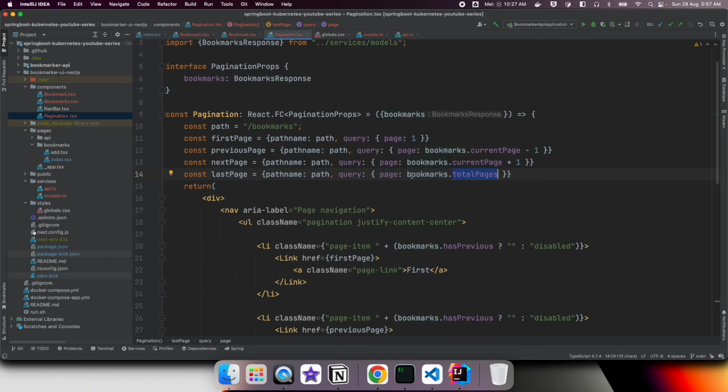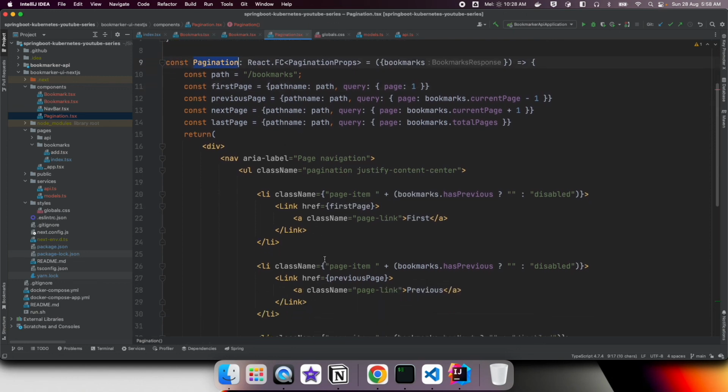So we are assigning page equals totalPages, and for the previous page it would be the current page - 1, and for the next page, current page + 1. So these query parameters are going to be added after the question mark, page equals whatever value we have here. Okay, so now that we have a pagination component,